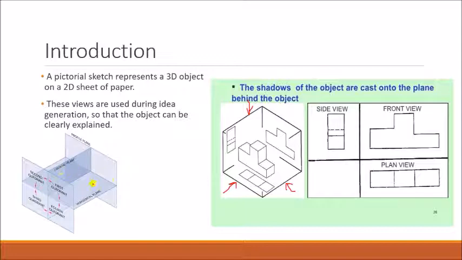So this is your vertical plane, this is your horizontal plane, this is your right plane, this is your left plane. The vertical plane is kept as it is. On the vertical plane we draw our front view. In the same way, the horizontal plane is opened downward. When you open it, it will be like this. Here you will get the front view, and at the bottom you will get the top view. Next, this right plane is opened on the right side like this. In the same way, this left plane is opened on the left side. Clear? So these four planes you will get. When you open this, how will it actually look? This will be your front plane or vertical plane.